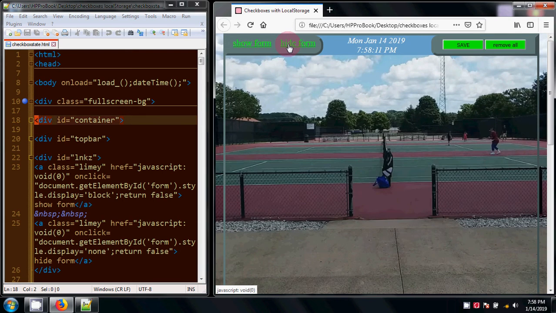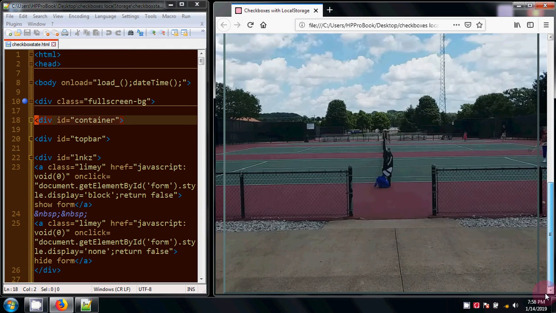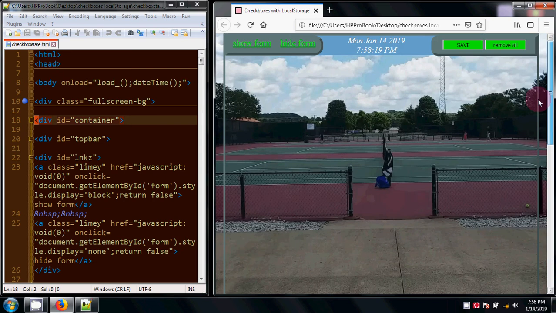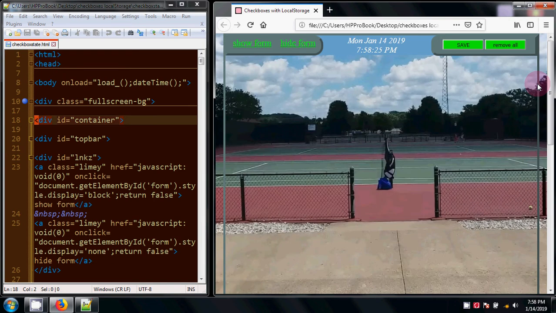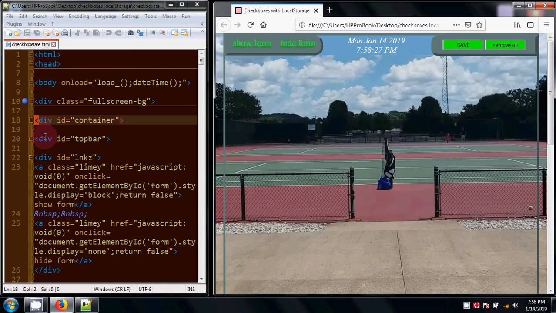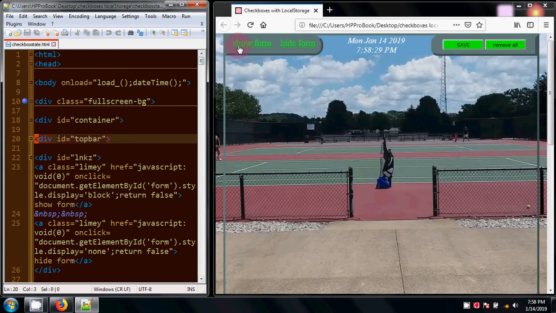All right, well, the form is inside of the container, and as you can see, we've got lines here that we can scroll further down, and that's the length of our whole form. The container holds it, and it's set to predefined pixels so that it will hold it. After the container, we have a div with the ID of top bar, and that's giving us this section up